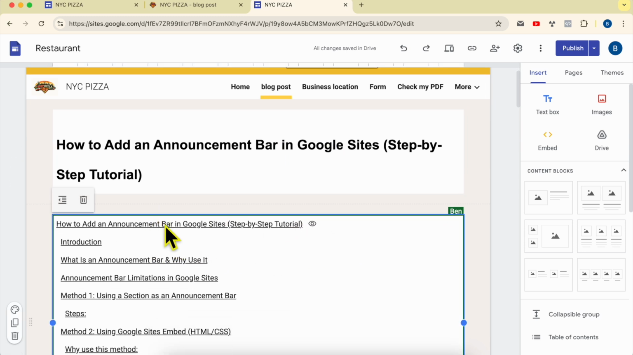Now this is the heading I am looking to hide, so simply hover over it with your mouse and click on this little icon. As you see, hide show. Now it is hidden. Click on publish